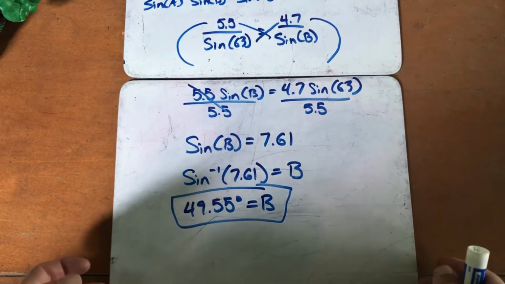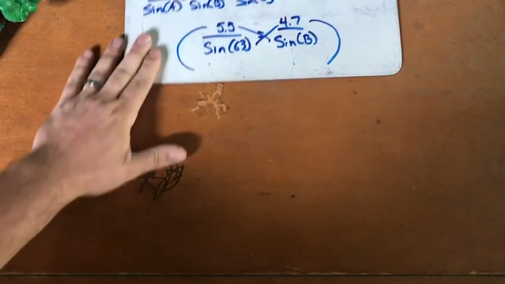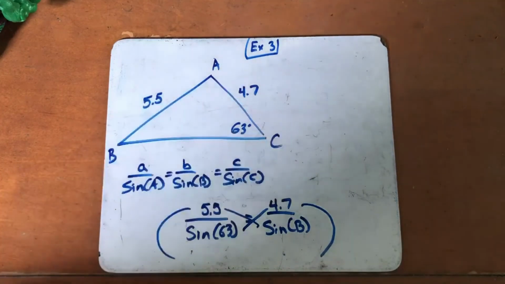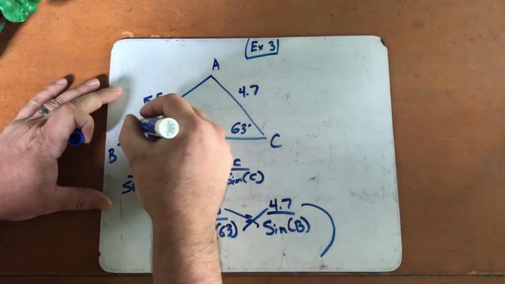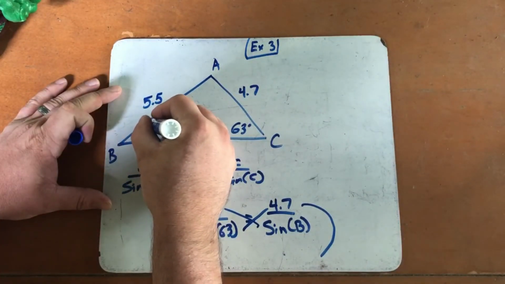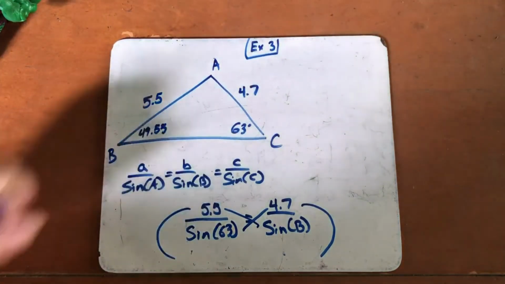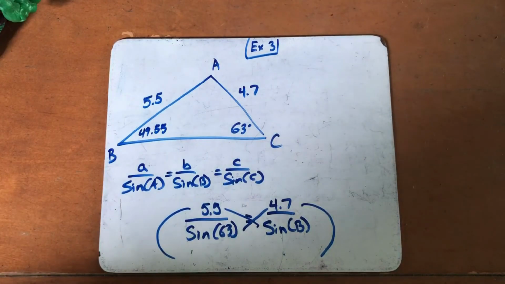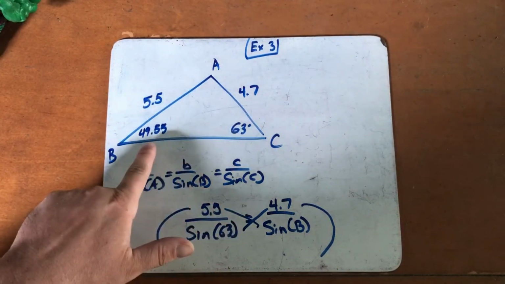All right, so when I come back and look at my triangle from just a second ago, I have angle B is 49.55. Now that I know this angle, I have two of my three angles. I can find my third. So if this is 63 plus 49,